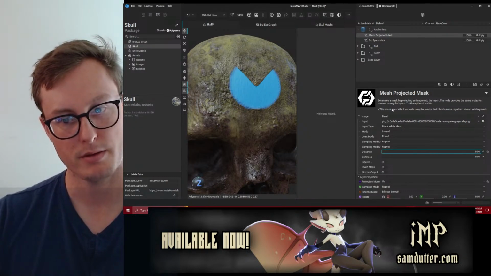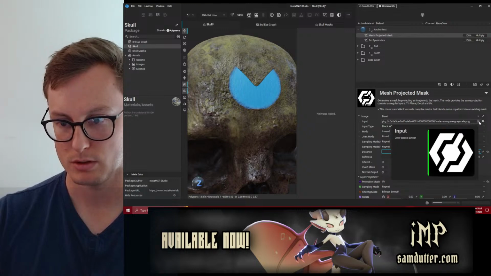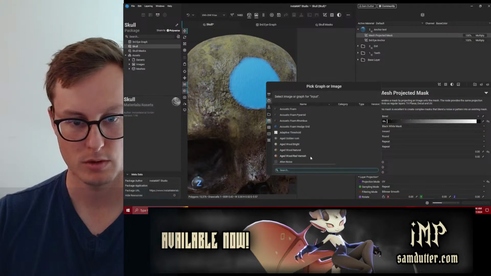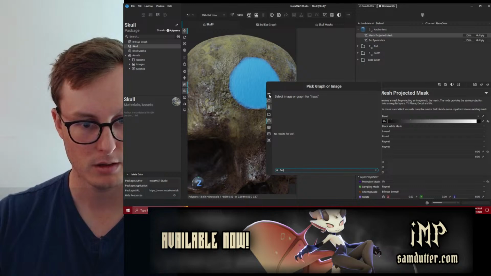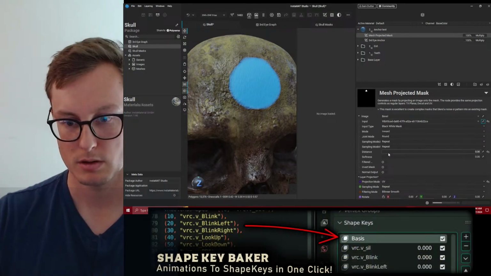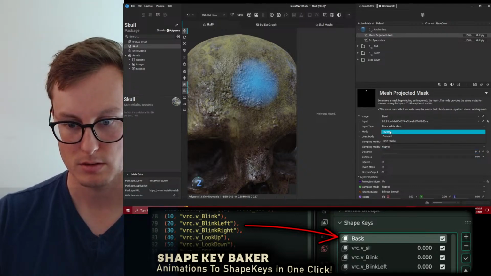Why is it cutting off there? Ah, input image. Just that distance outward.